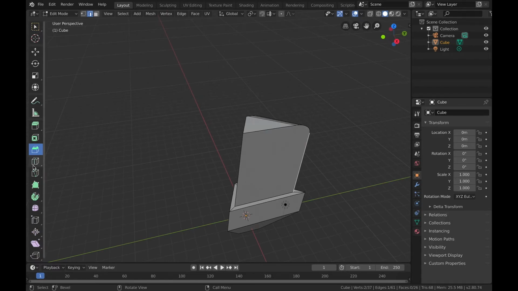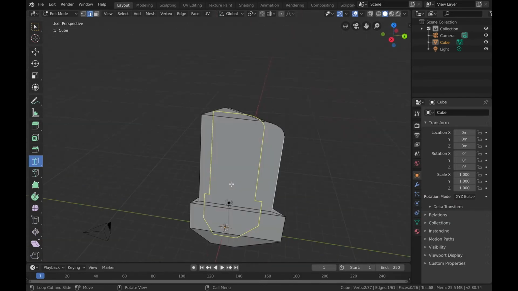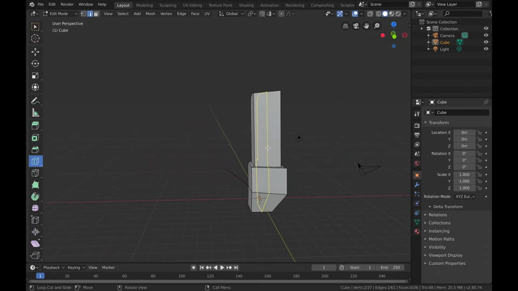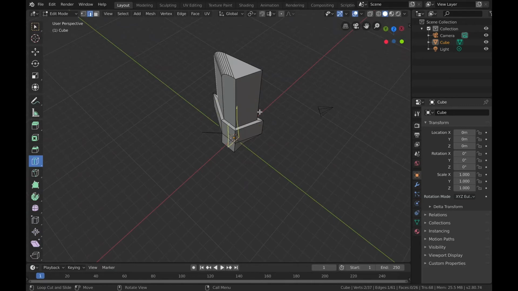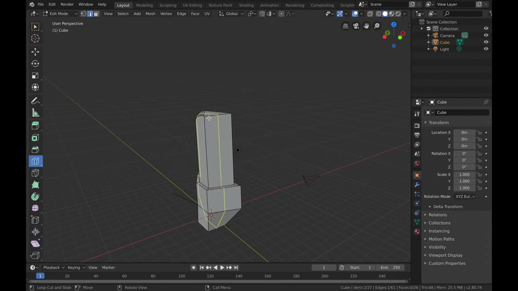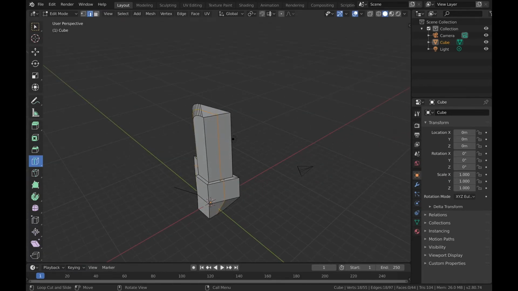Next we have the loop cut tool. Now it is used to make cuts in the shape or in the object mesh. Using this, I can make cuts. Click on the loop cut tool, and move to the object. You will see yellow lines as a preview where your cut will be placed. Now left click, a cut will be placed, and you can move this new edge as you like.